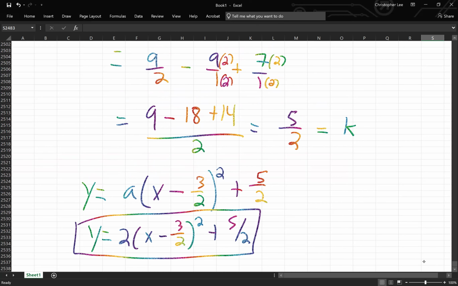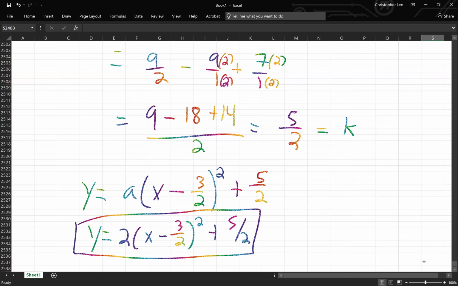I was a little fast. Everybody understand? But you can watch it again. All right. So long story short, find the axis of symmetry, plug it into the formula, find the vertex,